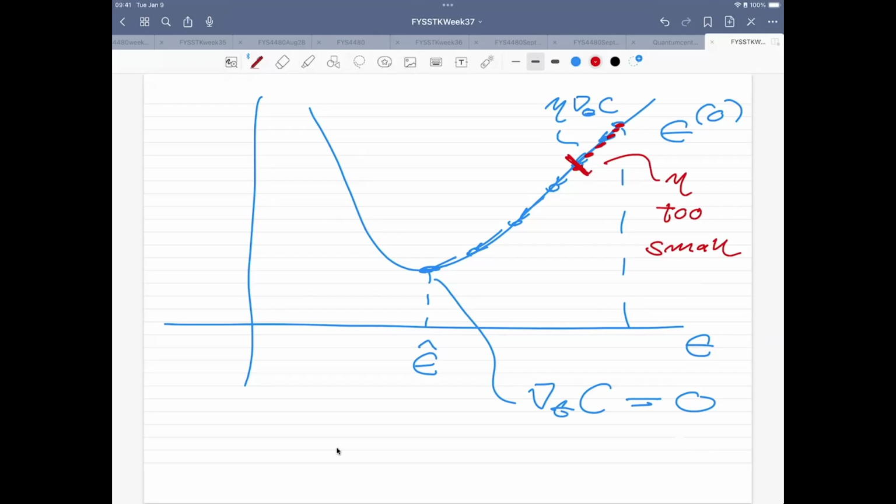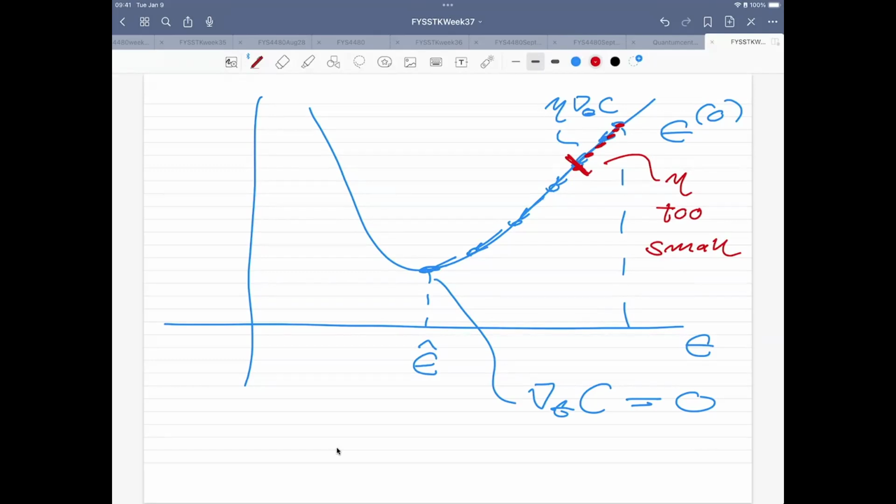We cannot iterate ad infinitum. And the simple reason for that is that it's going to cost you tons of CPU cycles. So that means that we have to set a kind of limit on the number of iterations. And then if we are unlucky and choose eta to be too small, we may actually stop far away from